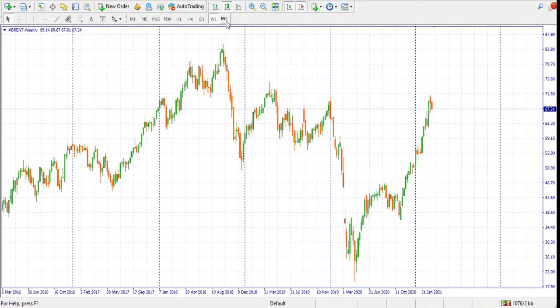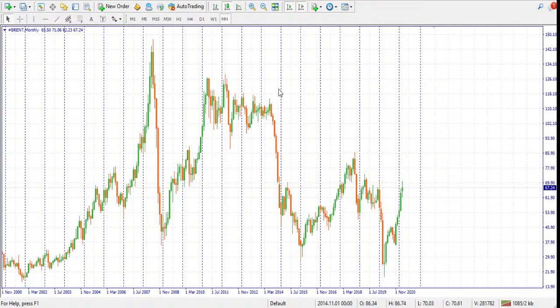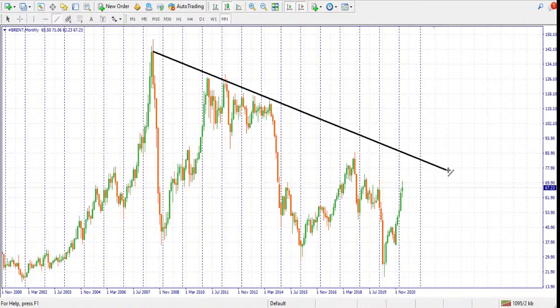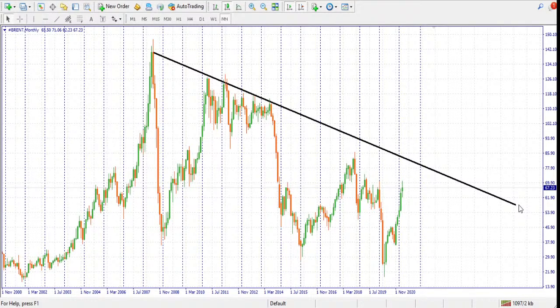So Brent oil, if you check the monthly chart, these are the monthly. Look keenly how I want to draw it. It has very, very interesting things happening on it. First, there is a trend line from the top. There's that trend line. And then other than that, there is another trend line which runs from this point. So if you look at the monthly chart, you can see basically that the price is around a very significant trend line. So if the price does not close beyond this line by the end of this month, then this may give us a good place to look for a sell from.